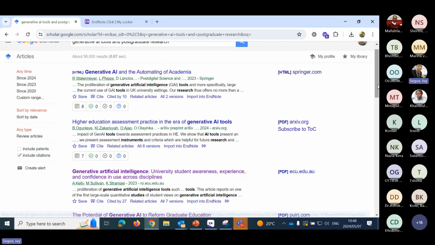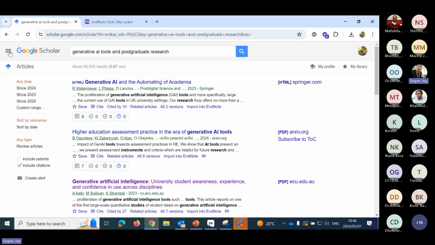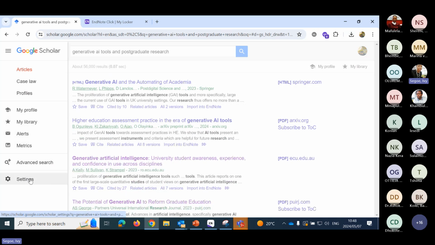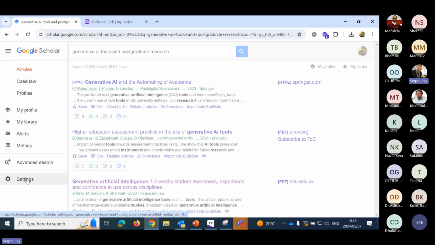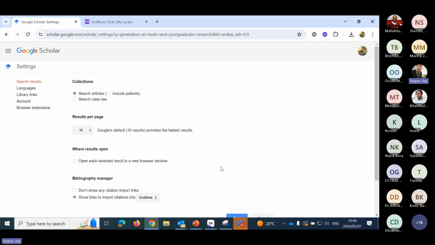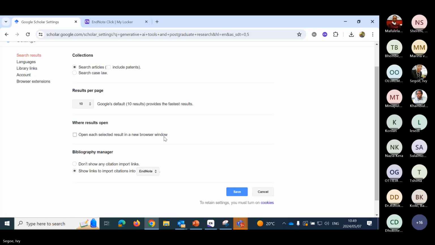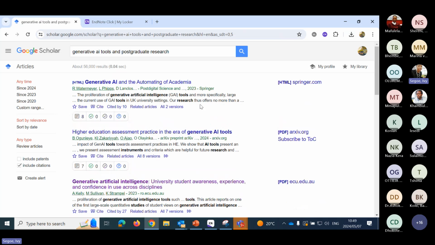Right? So how you do this, you go to the 3 lines to the left. So this is the menu of Google Scholar. So when you click on the 3 lines, you actually get these options, and you need to go to the settings option right at the bottom. So yours is currently on don't show any citation to import links. So if I select that one, you can see that import to EndNote link is gone. So probably most of your Google Scholar accounts are set to this option, not to show the